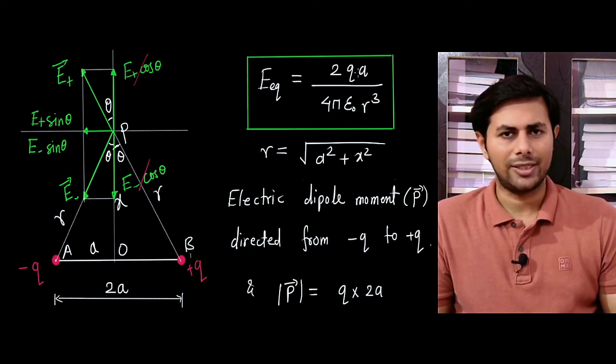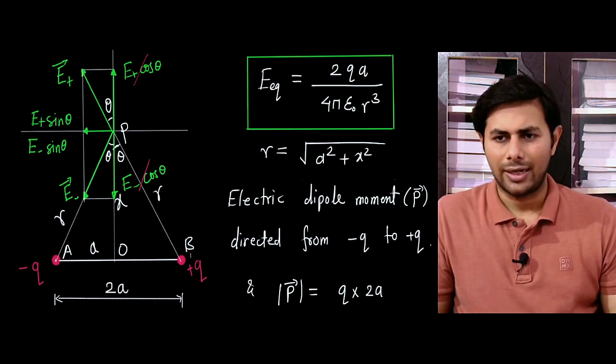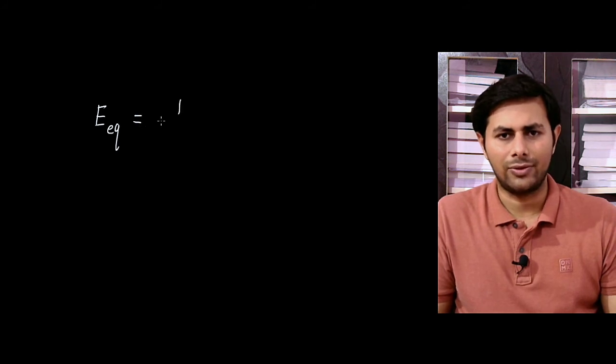So we can replace this term by the magnitude of the electric dipole moment, and we can rewrite the formula as E sub eq equals 1 over 4 pi epsilon naught times p over r cube,